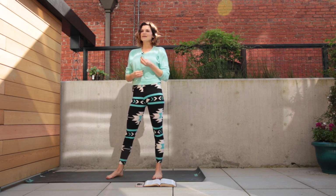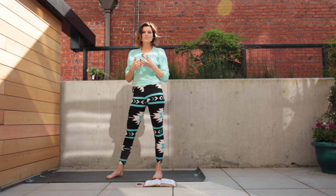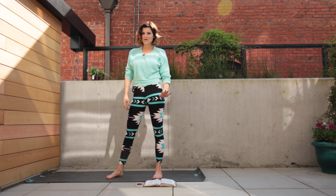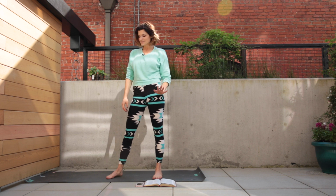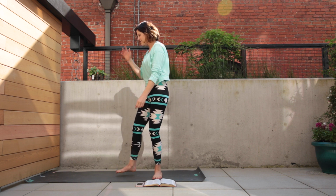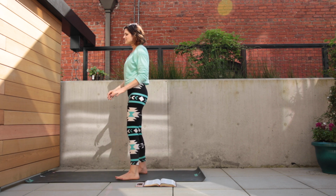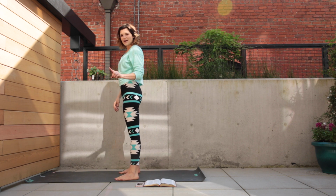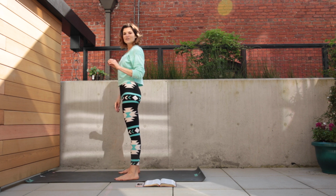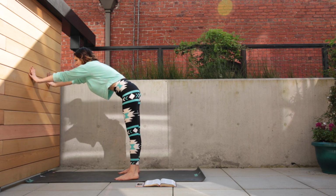The breath informs so much of our wellness and our well-being and our healing, and it has so many benefits. Even if all we did together was sit and breathe, that would count as an awesome yoga class in my book. But here we are, we're learning downward dog. Let's come back to the wall, remembering those 3 things: your breath, your connection to the earth beneath you, and your spine. So come into the wall,